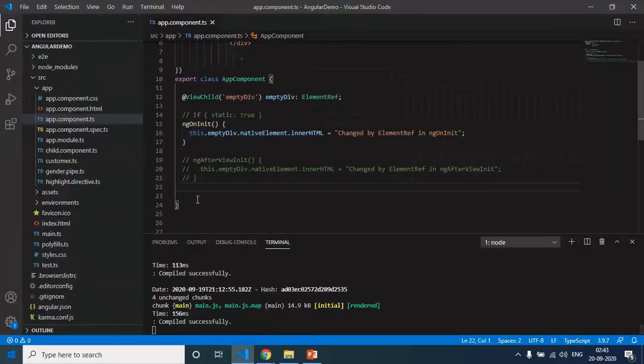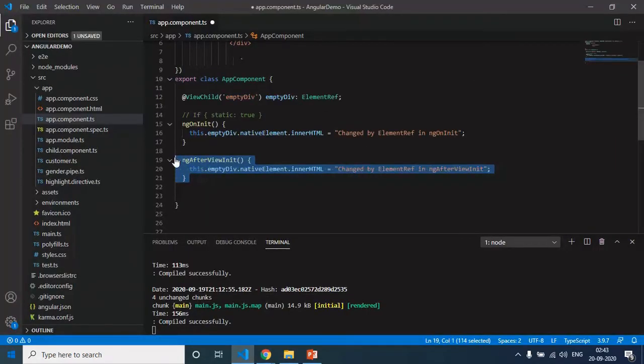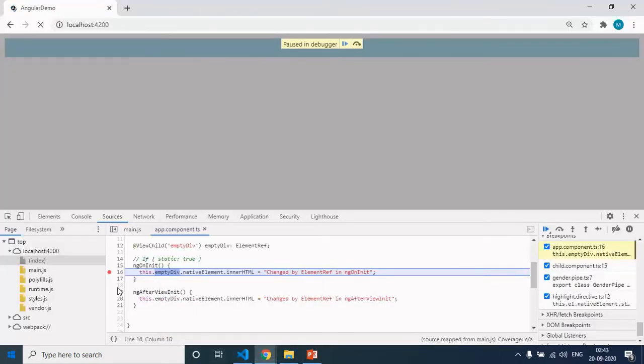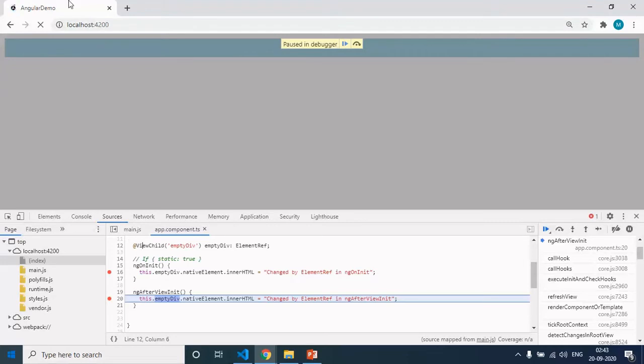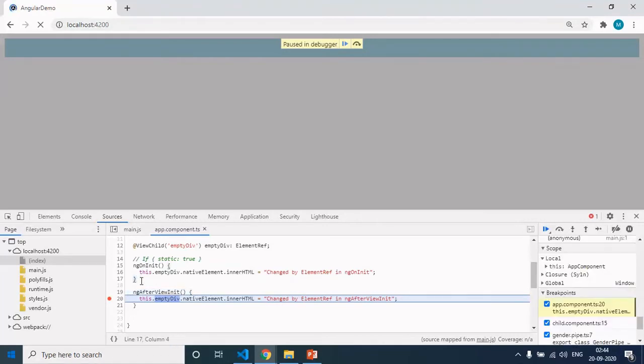But if I uncomment this ngAfterViewInit, you will be able to see that I am able to access it here. Save the changes again, flip to the browser and put a debugger here as well. Here I am able to access this div element, but in ngOnInit I was not able to access it. Remember that ngOnInit is called before ngAfterViewInit. So when it was in ngOnInit, I was not able to access that.